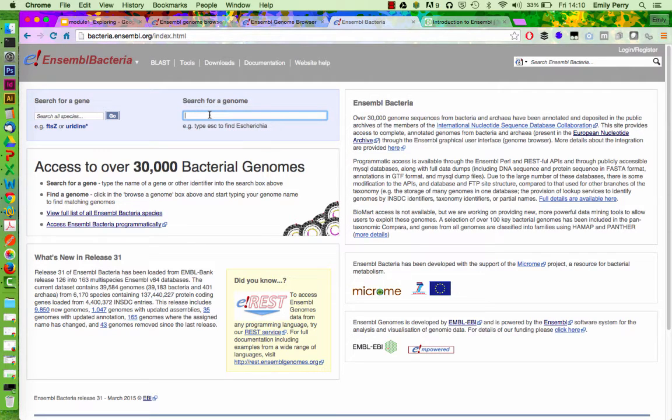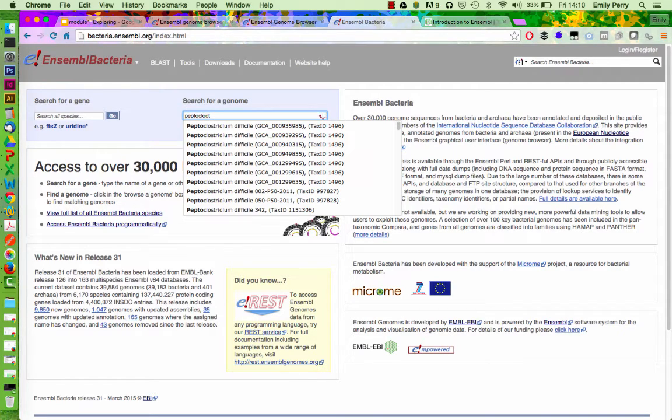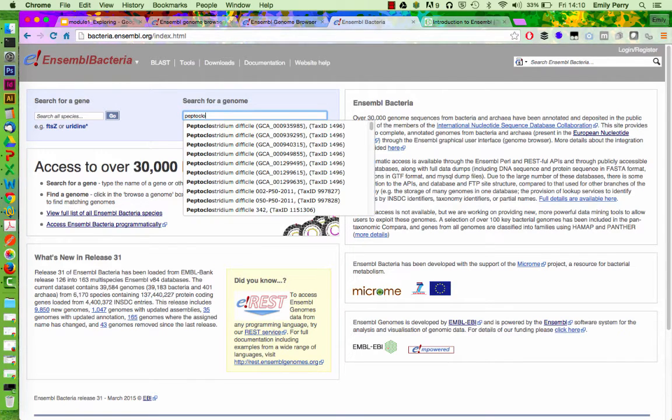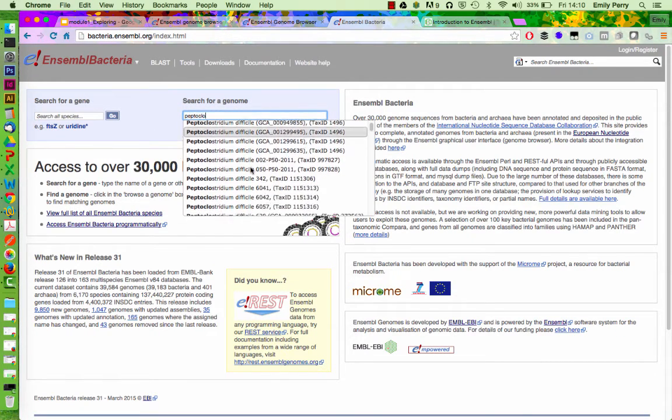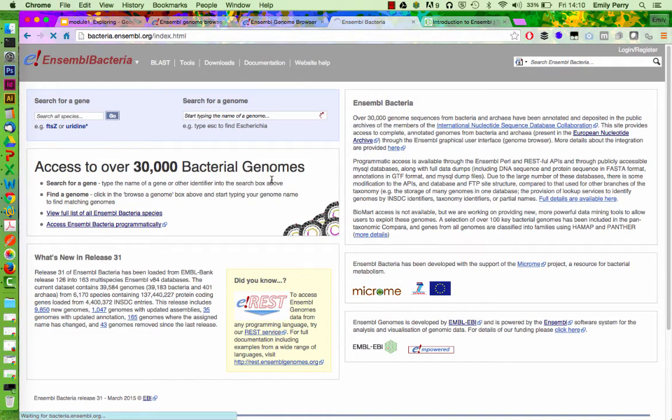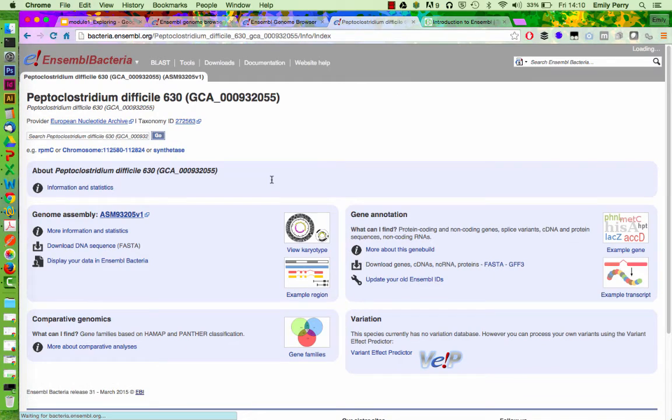So if I type in my favourite bacterial genome, Peptoclostridium, it's already starting to find it because it auto-completes, except that I mistyped. There we go, now it's working. Peptoclostridium difficile, it's already finding them because it auto-completes. And then I can jump to my favourite strain, Peptoclostridium difficile 630. And that takes me to a species homepage, just as I found with human. If I do a search now, from this search box, it will only be searching this one particular genome. So this is a really good starting point, it really narrows you down.